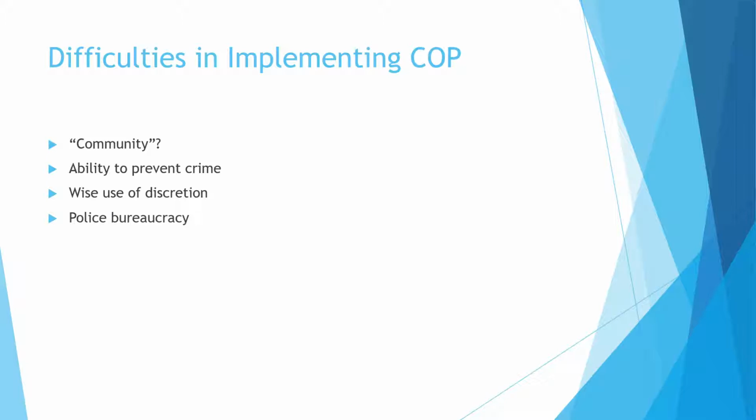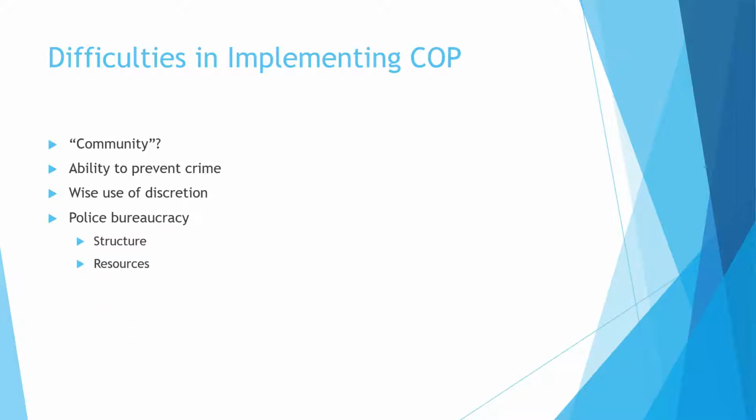The police bureaucracy may cause difficulties in implementing COP. I mean, it's very structured. If we structure everything on the patrol system, how do we deal with police officers who want to be out there working with kids in the community when they're expected to patrol and answer calls? So the structure of the police, whether it's the command structure or just the way they do their business, may not be geared towards really fully implementing community policing. They're so tied to the radio calls that they don't really have time to do community policing.